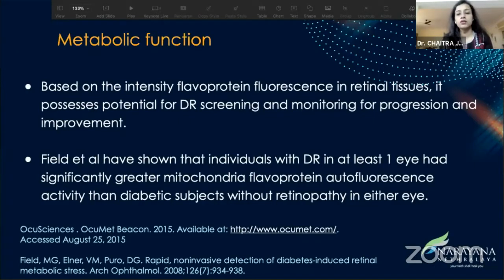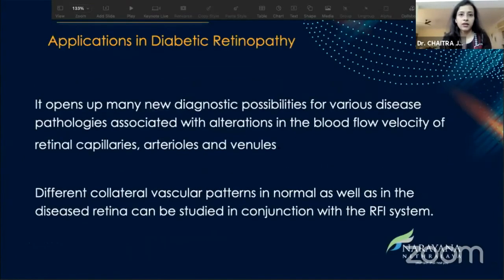Field et al. have shown that individuals with DR in at least one eye had significantly greater mitochondrial flavoprotein autofluorescence activity than diabetic patients without retinopathy in either eye. So overall, looking at the applications in diabetic retinopathy, it has definitely opened possibilities for various disease pathologies associated with